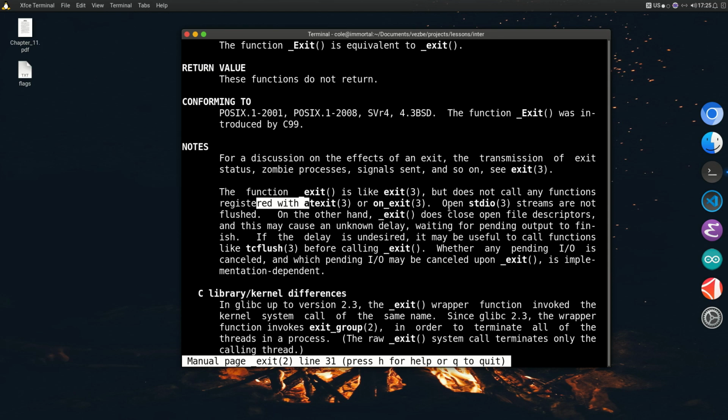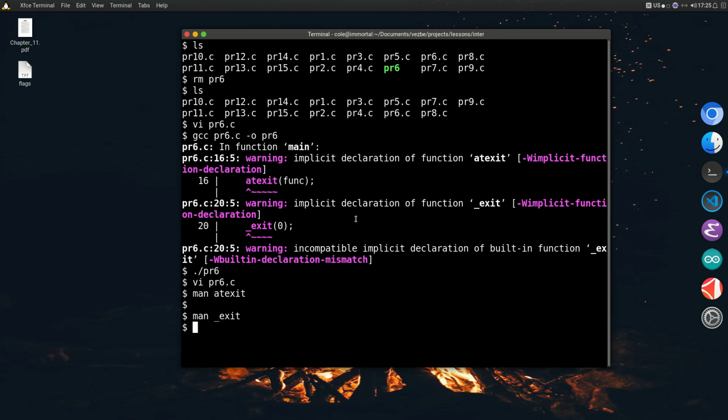So it will not call any of these functions. That's the difference between this function here and this function here, and that's the reason why we didn't get